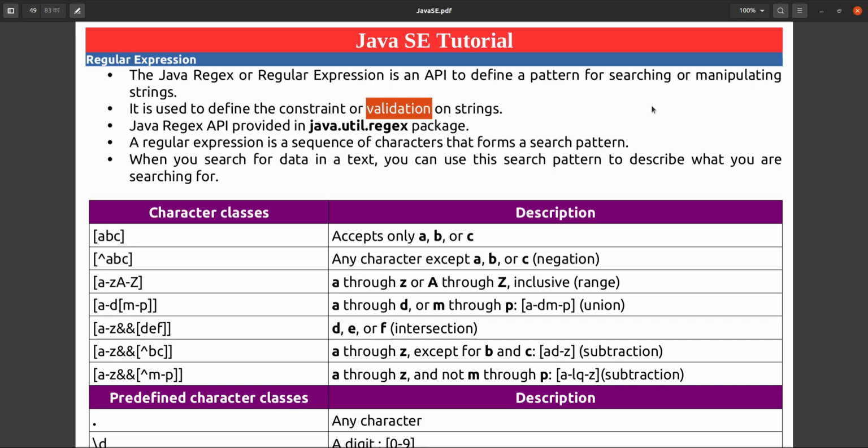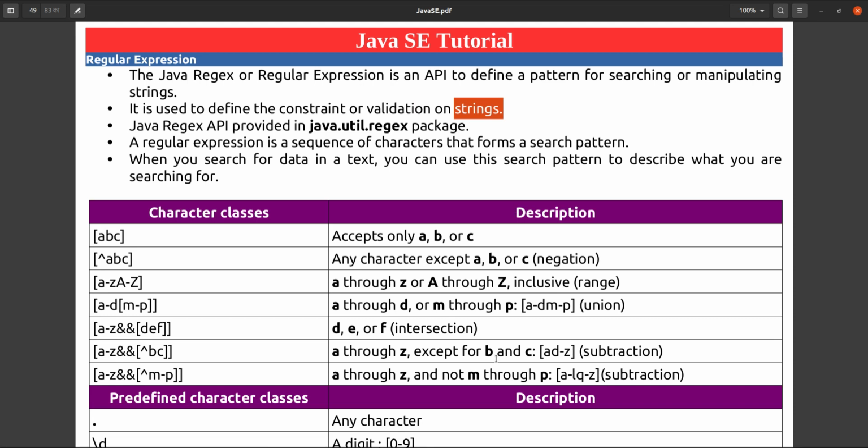It should contain alphanumeric characters, a special symbol, one uppercase character and one lowercase character. Those are the constraints, or we can say validations on that string.